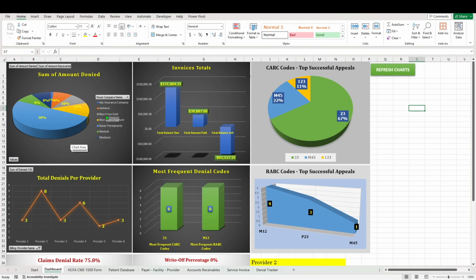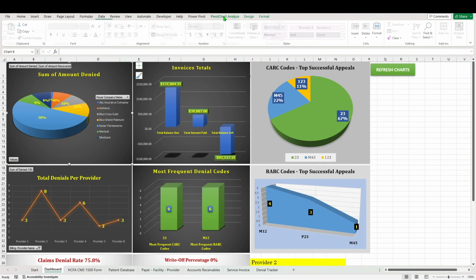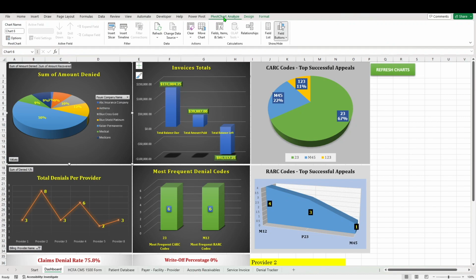And you can also switch between sum of amount denied and sum of amount recovered. To change it, you just right click. If that happens and nothing comes up once you right click in it, all you have to do is go to the pivot chart analyze, click the field list,